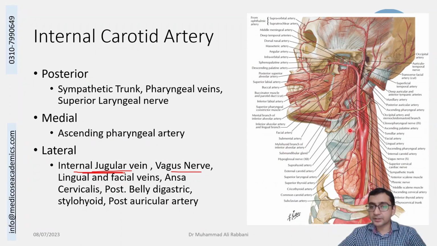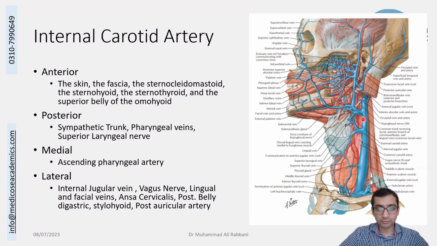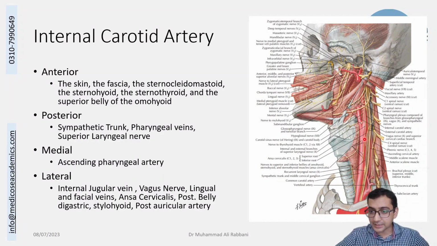On the medial aspect, on the inner aspect, the ascending pharyngeal artery is there. On the lateral aspect, majorly the branches of the external carotid are coming in front of it. Like you can see the hypoglossal nerve. This hypoglossal nerve is passing the lateral aspect of the internal carotid artery, and the ansa cervicalis. Almost all the veins, like facial vein, lingual veins that are making the common trunk, the thyroid veins, inferior thyroid veins, all of these are crossing the artery laterally, and a lot of the nerve branches, the chief one including the hypoglossal nerve and this